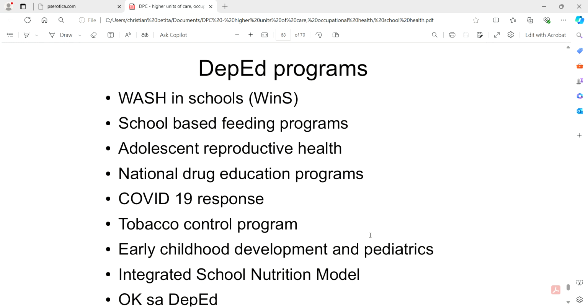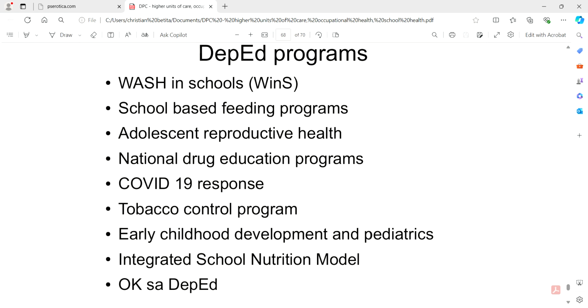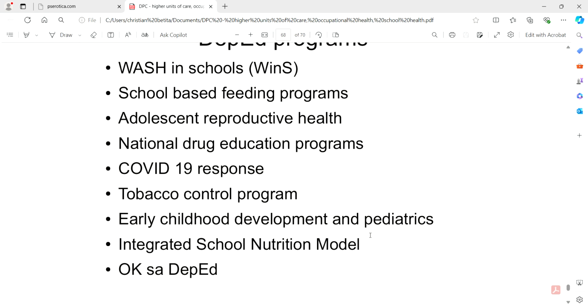Okay, school-based feeding programs is primarily nutrition, adolescent reproductive health, which I just described kanina. So this is primarily aimed at reducing mga risky behaviors in adolescents. National drug education programs, COVID-19 response, tobacco control program,